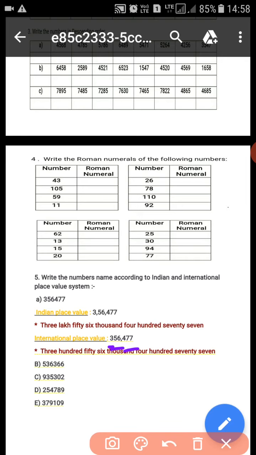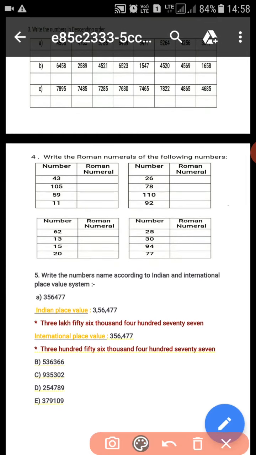Okay, the first 3 places from the right are the same in both the Indian and the international system of numeration. First 3 places these. In both systems, the first comma is put after the first 3 places. Okay, so